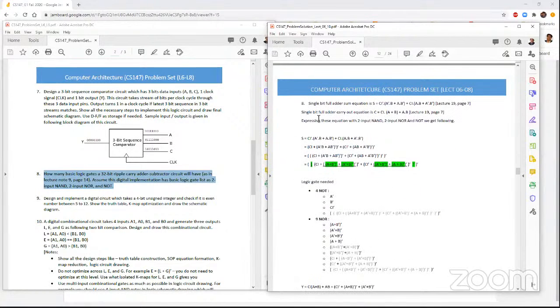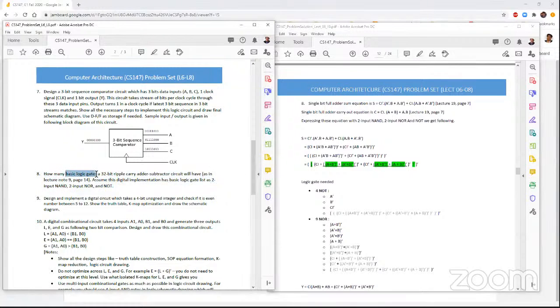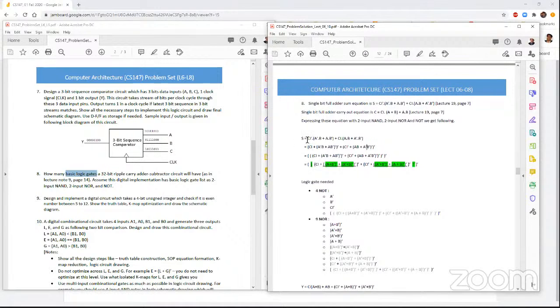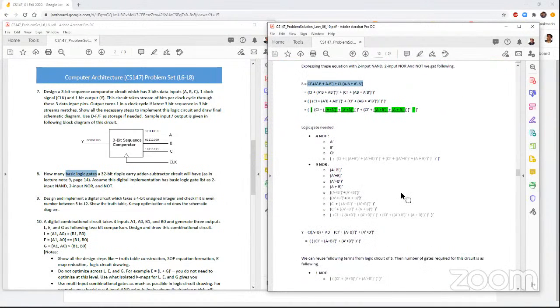So this one is more like we are deriving things out of this sum and carry bit. It is now our choice, since it does not restrict us to any NAND or NOR specific gate. You can use any basic logic gates there, which is not NAND or NOR. Then we have these Boolean expressions that we derived in the corresponding lecture. Please see the note that your sum bit is ultimately this, and then the carry bit is